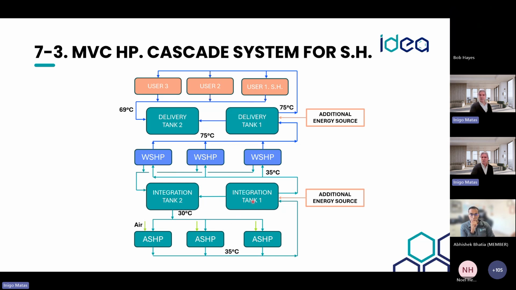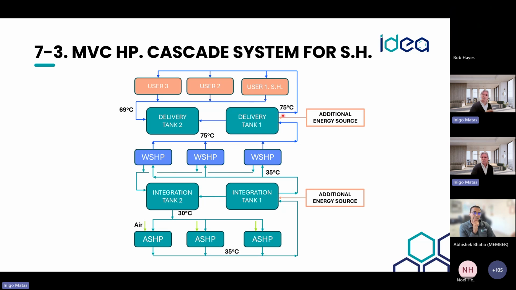In the upper part, that 35 degree water is the source of energy for a water source heat pump that is coming back. So it's cooling from 35 to 30 degrees, and it's going to allow us to produce this water, which is at 75, which can be used by the users, and is returning at 69. Same as the thing I was saying before, traditionally space heating systems were running at higher temperature, which from a heat pump point of view is not ideal. It's reducing the COP. So we will try to make these temperatures as low as possible.